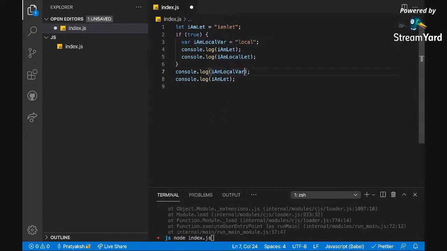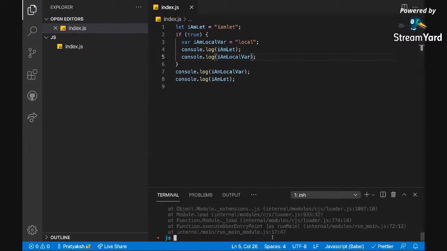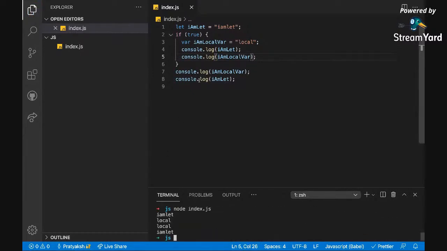Suddenly the scenario changes. It says you have access to local var and it console.logs it, even though it is defined inside this block. So this is the difference between var and let.